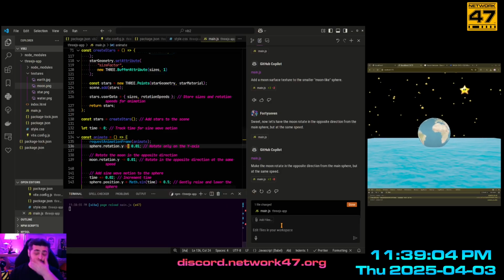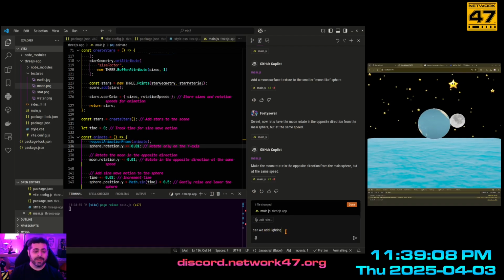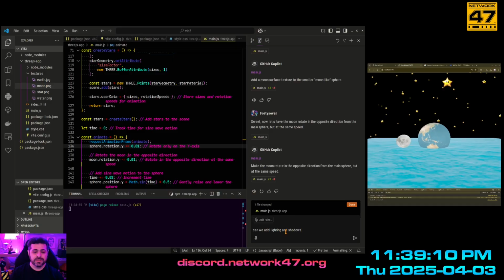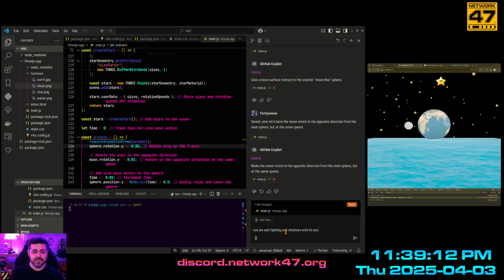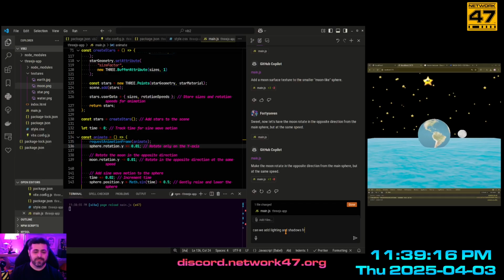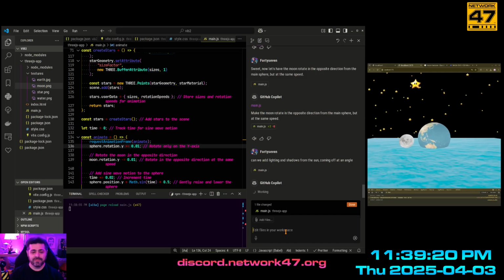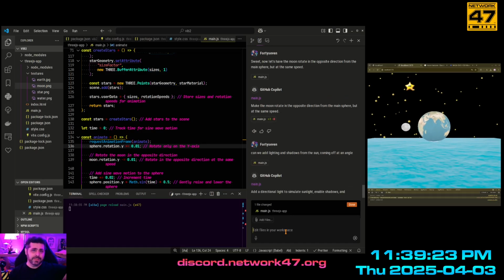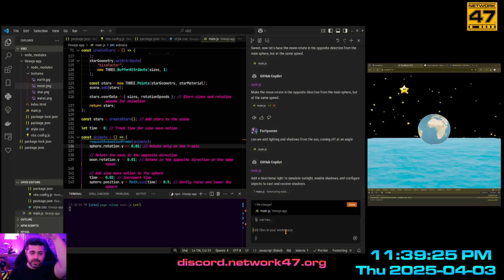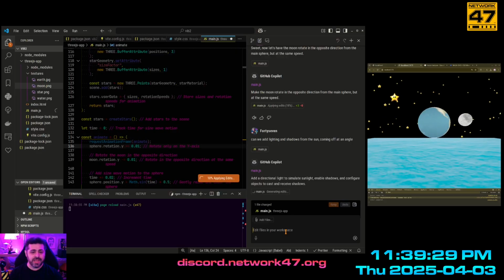Oh, you know what? We got to get more dramatic with this. Can we add lighting and shadows from the sun coming off at an angle? What I mean is coming off at an angle as opposed to straight on and down. Configure the objects to cast and receive shadows.